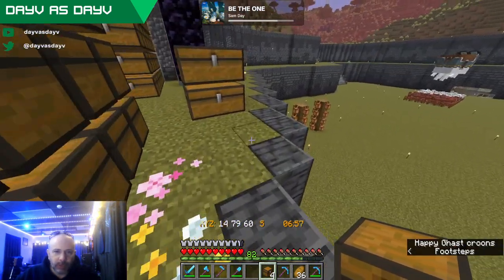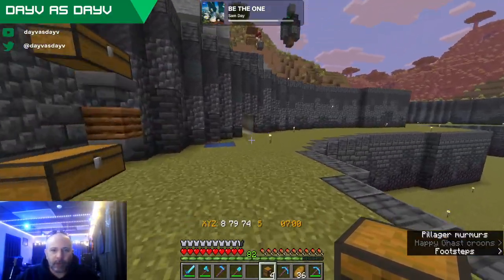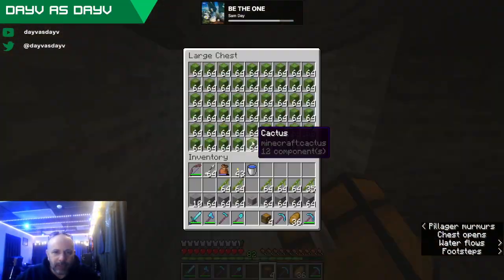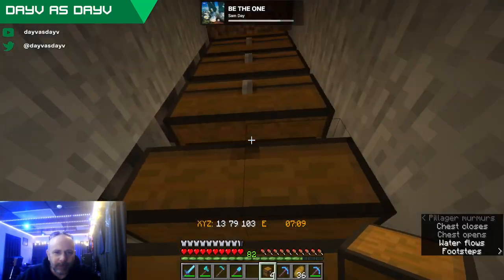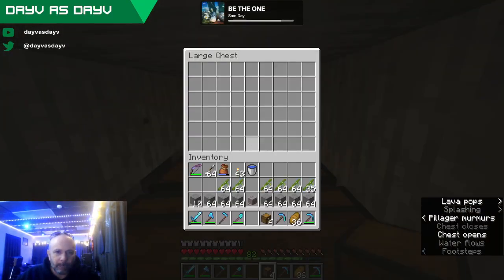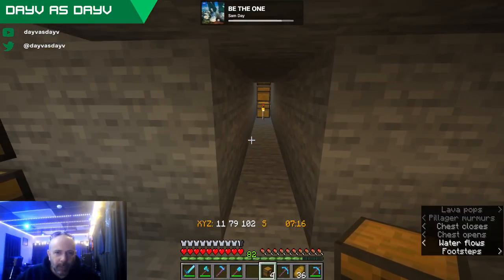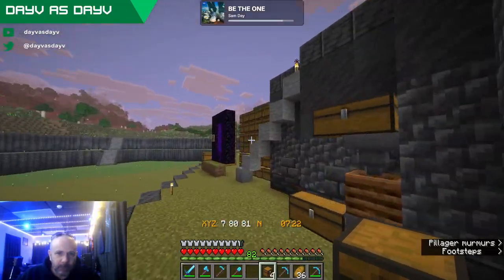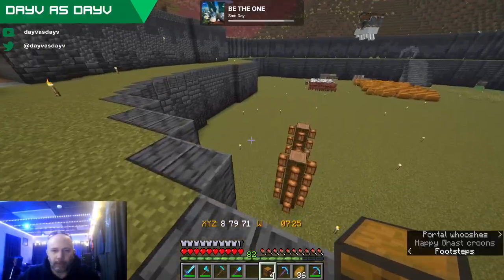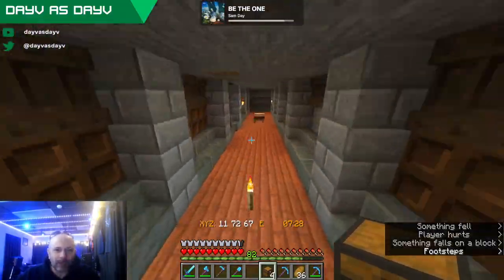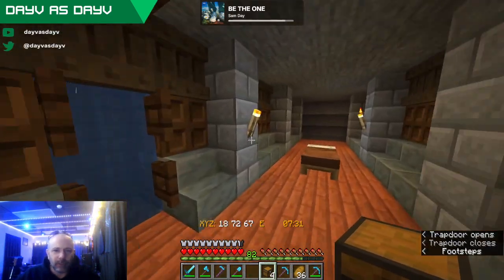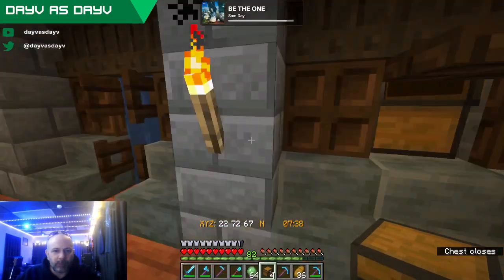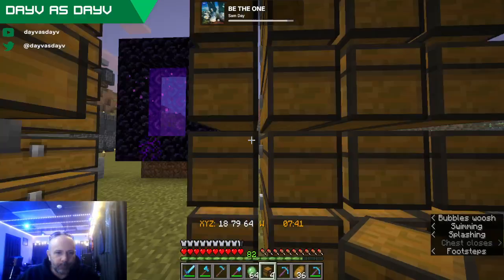Slimes. I need to get those. Another area we need to fix up and make it look nicer. That's our cactus. Okay, I have not sent the slimes over here yet. They're still up. I don't know where they're at. Oh, I have a way to drop down now. They're in here, right there. This is our slimes. So we can go ahead and make slime balls or slime blocks with that.